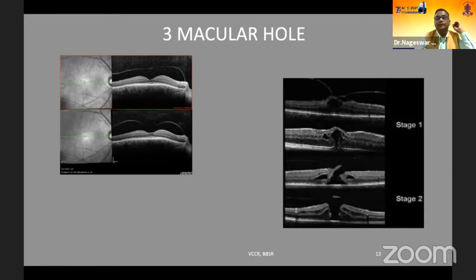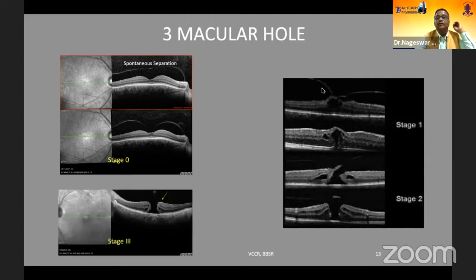In macular holes, although Donald Gass classified macular holes prominently, and we are following that till now, after OCT came into the picture, we are actually classifying based on the OCT. This is the spontaneous separation. Suppose it's an early macular hole, stage 0. We call it stage 0 because there is a vitreomacular adhesion, attachment here. There are some subtle changes you will find. The inner foveal contour will be changed. So this is grade 0, and here it is grade 1.